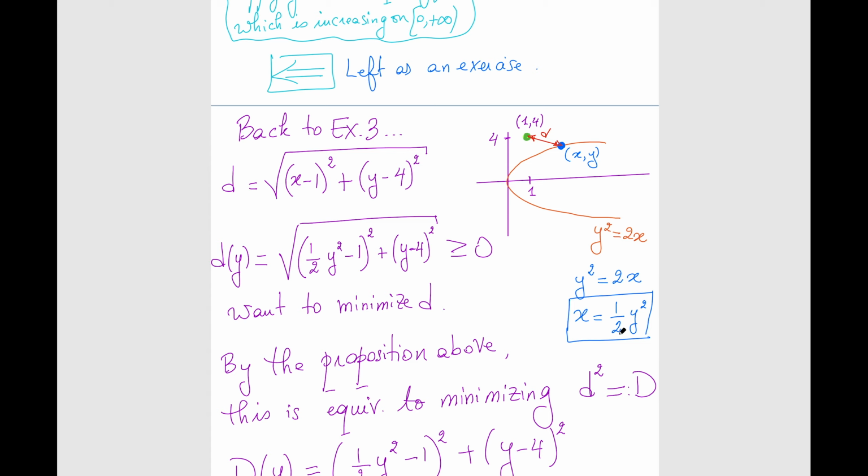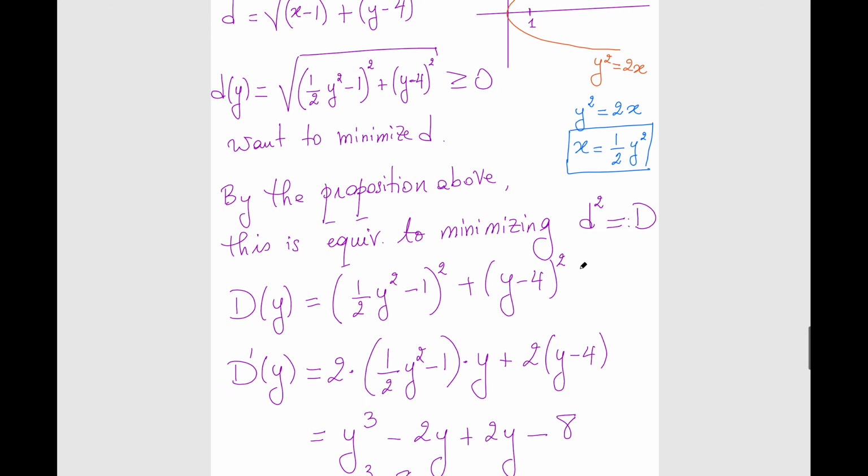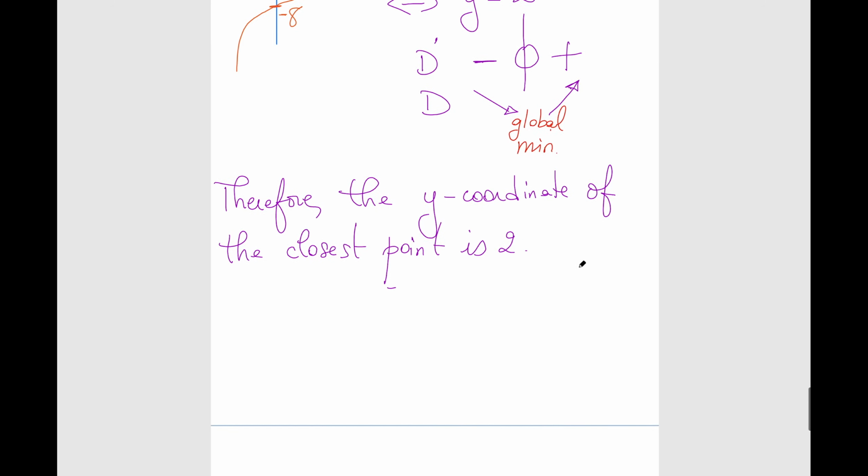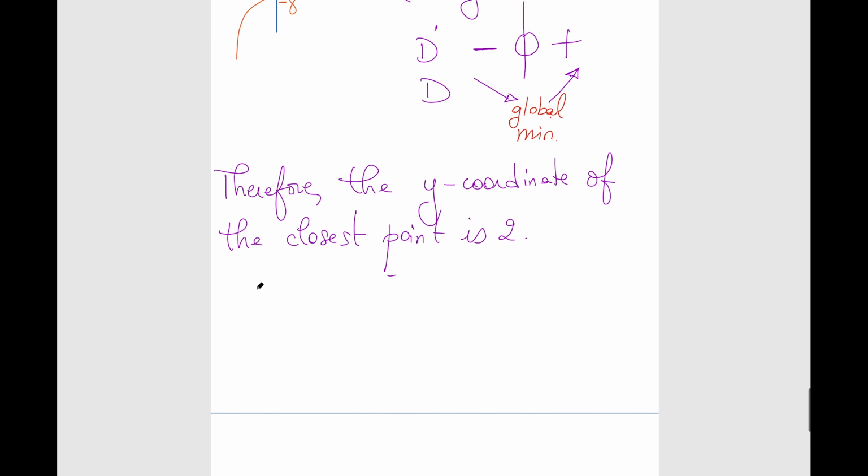So x is going to be half times y squared, and y is 2, so this is going to be half times 2 squared, which is also 2. So the x and the y are going to be 2 in this case. Okay, so that would be the closest point to 1 comma 4, and that belongs to the curve y squared equals 2x. All right, so therefore the y-coordinate of the closest point is 2,